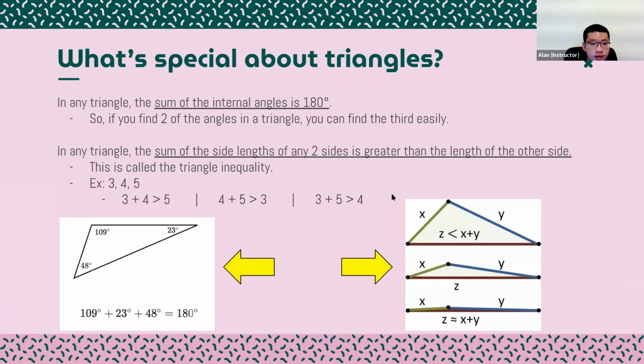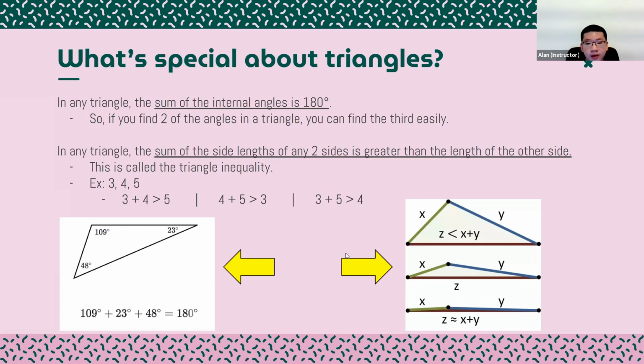Also, in a triangle, the sum of the side lengths of any two sides must be greater than the length of the other side. This is called the triangle inequality. For example, if you have a triangle with side lengths of 3, 4, and 5, you can see that for any two sides, the number they add up to is greater than the third. This also means that if someone gives you three numbers and asks if they can be the three side lengths of a triangle, you can use the triangle inequality as a quick test